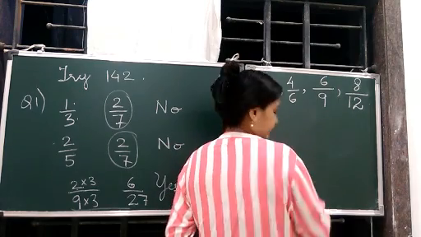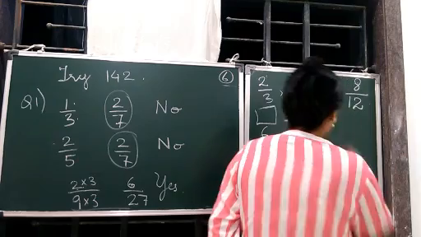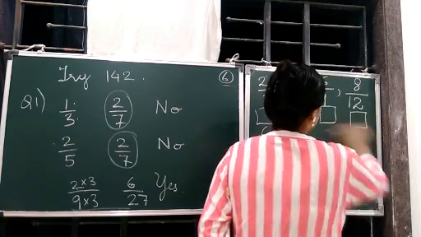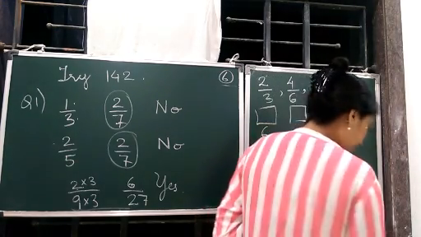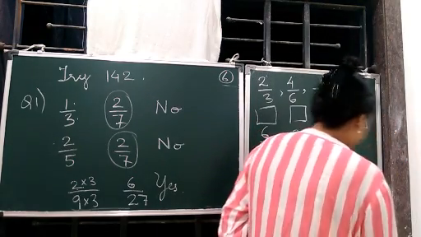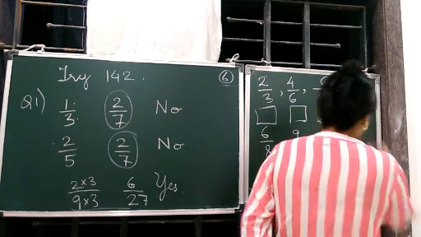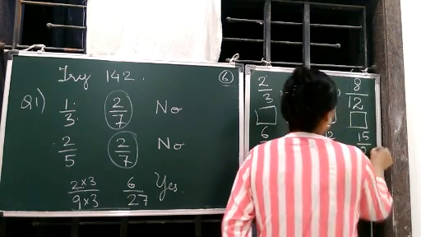First figure. Okay, such figures are drawn. 1, 2, 3, and this is 4. Then this is 9 by 12. Then this is 12 by 16. Then it is 15 by 20.